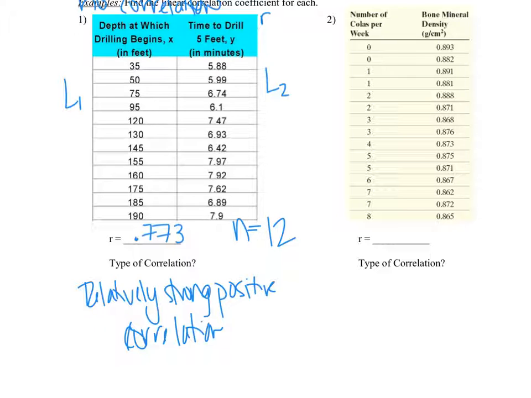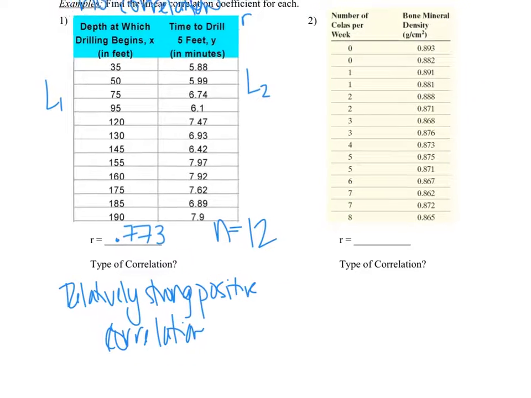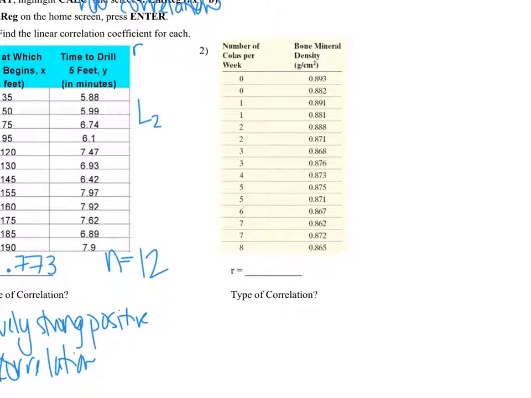All right, to save time, I'm going to go ahead and just give you the correlation coefficient for example number 2. So if you were using your calculator, this would be L1, this would be L2. You go to stat calc again, go to linear regression, and then like I said, today all you're focused on is the correlation coefficient. And in this example, you are going to get negative 0.806. So once again, also from Friday, the closer the correlation coefficient is to -1, the stronger the negative linear relationship is. So this example would be a strong